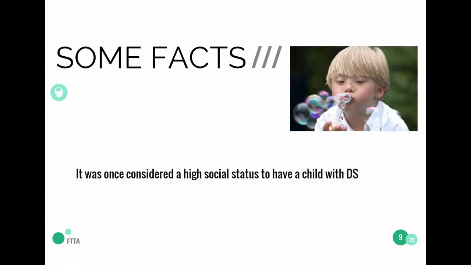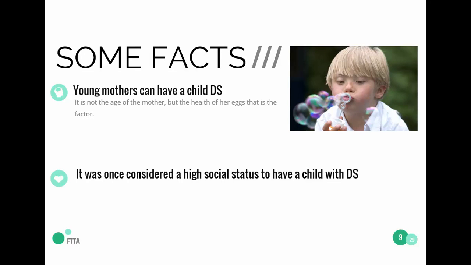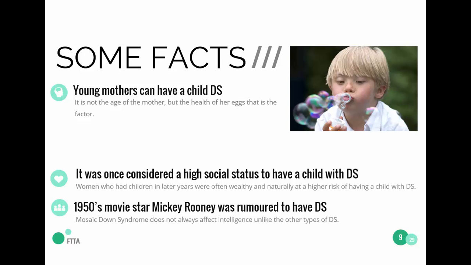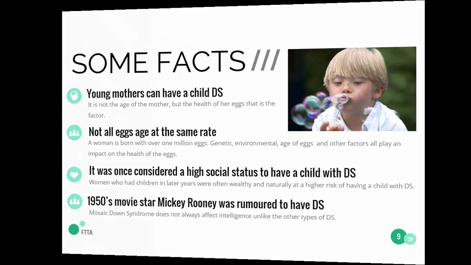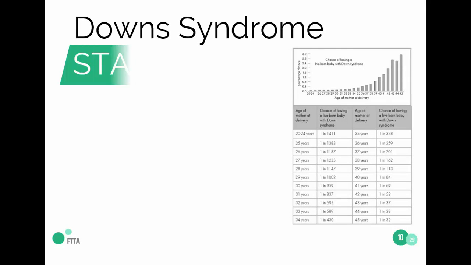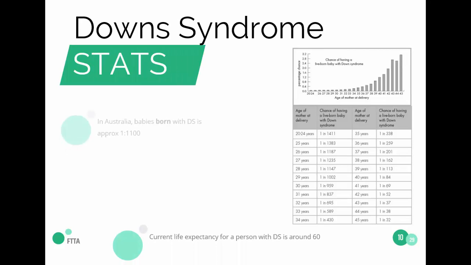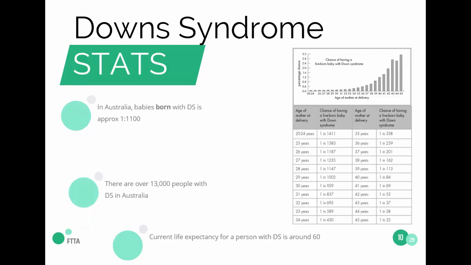Okay, some of the facts. It was once considered a high social status to have a child with Down syndrome. Young mothers can have a child with Down syndrome. It's not so much a matter of age of the mother, but the health of her eggs. And this stuff's not really important for us as far as working in schools. You can go to Wikipedia and look up Down syndrome if you like later on. 1 in 1,100 Australian babies, approximately, is born with Down syndrome. 13,000 people in Australia. 270 babies a year. In WA, most babies born with Down syndrome